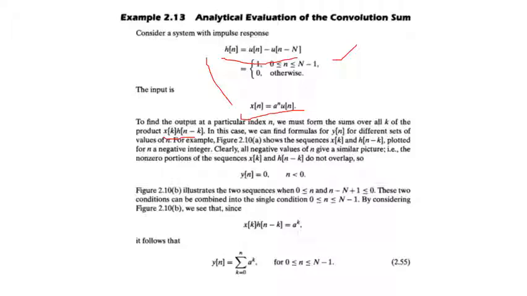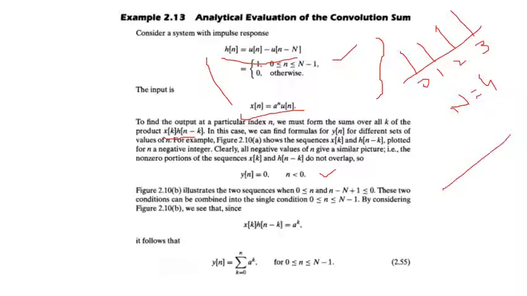So clearly we can see from these two signals that output will be 0 for n less than 0, because there will be no overlap, because this signal starts from 0 and goes towards n minus 1. Say n is equal to 5. So this signal starts from 0 and goes towards 4. So only on the positive side, and this signal also goes on the positive side. For example, if I draw h of n will be 0, 1, 2, and let's say this is n is equal to 4, so this will be 3. So this is h of n, and if I draw a raised power n u of n, it is going to be this signal